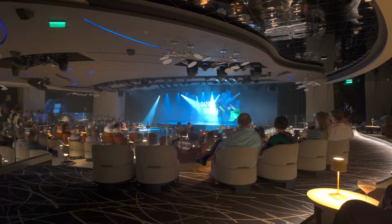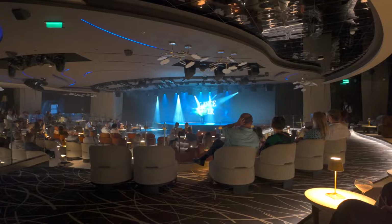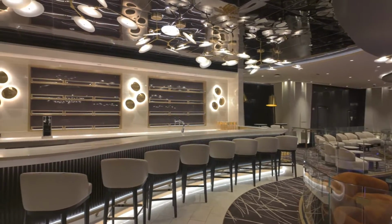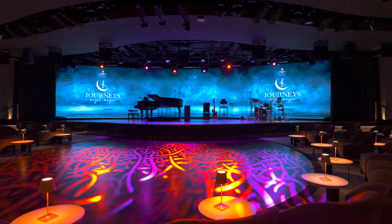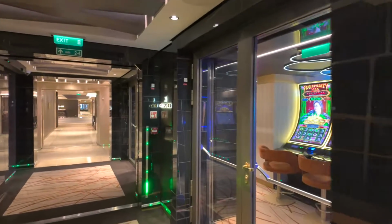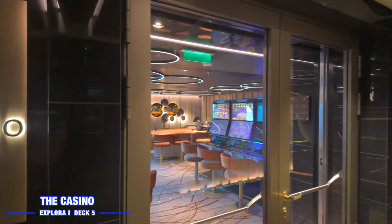Unlike most ships, the seating here is made up of individually cushioned chairs and sofas, as opposed to stadium-like seating in most other ships. It also has a full bar inside. And there's also an area in front of the stage at floor level that entertainers will sometimes use during their performances. Right behind the Journeys Lounge is the ship's casino, which is much smaller than I'm used to seeing on